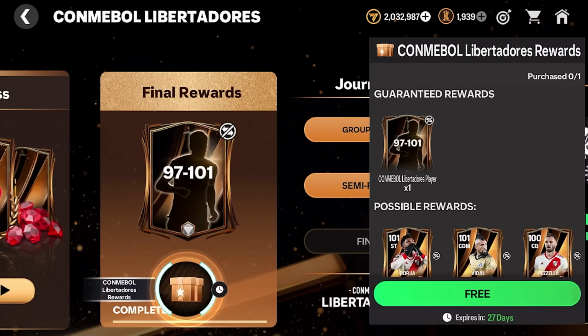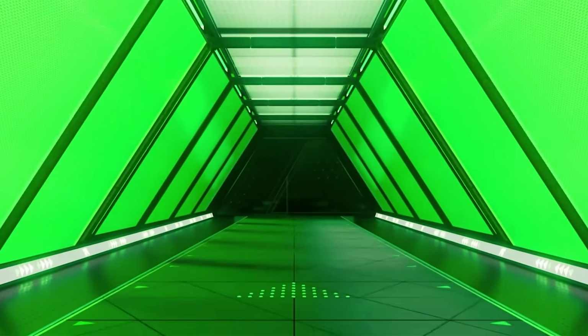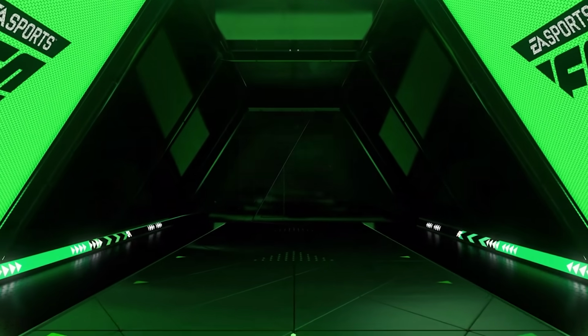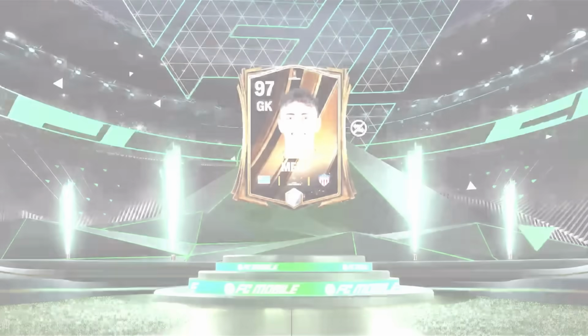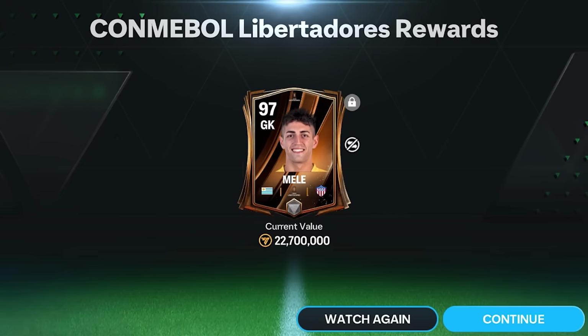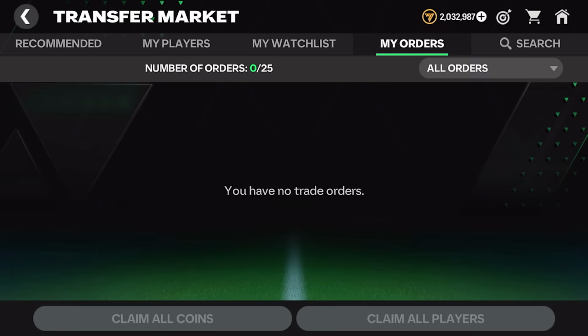And the final pack is here, the 97 to 101. This guarantees us a CONMEBOL player. So what are we going to get, EA? Okay, Uruguay, goalkeeper. So wouldn't have fit into the team anyways. I think it's 97 rated. Melee. So unfortunately, neither of those players will help us out, but I believe we should be able to hit